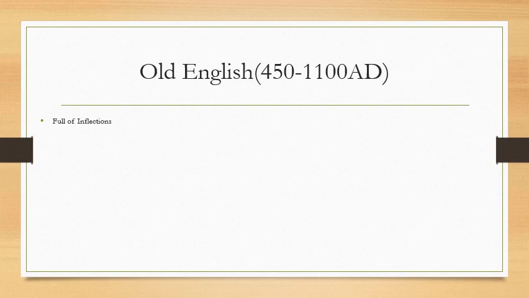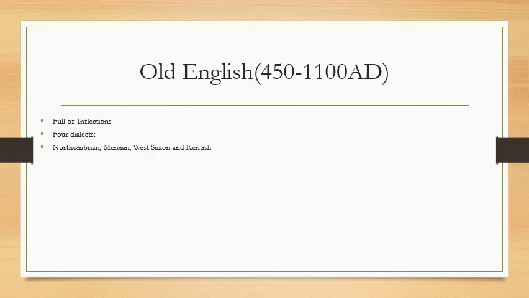Now, if you see, this period had four dialects: Northumbrian, Mercian, West Saxon, and Kentish. So this is based on the region where it originated. Okay, Northumbria, West Saxon, and thereafter we have, see, dialects means a variety of language spoken in one part of